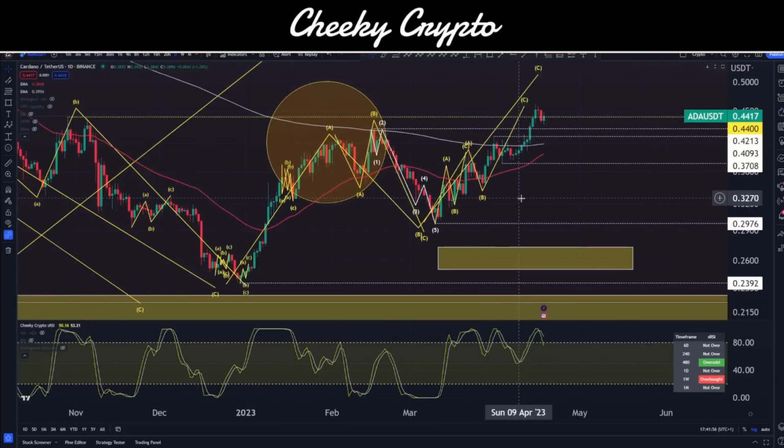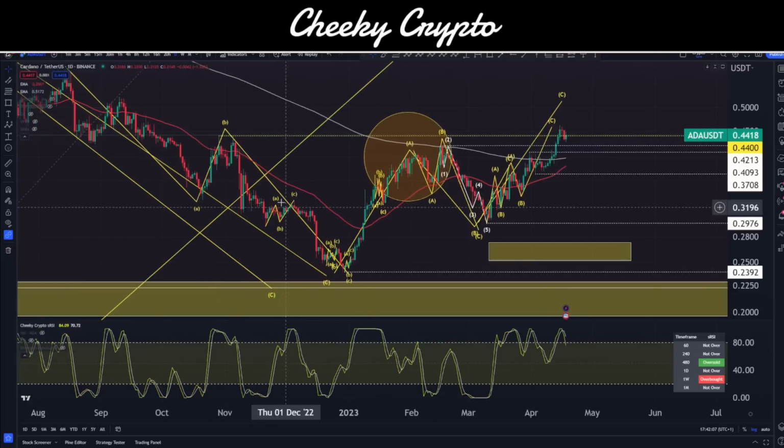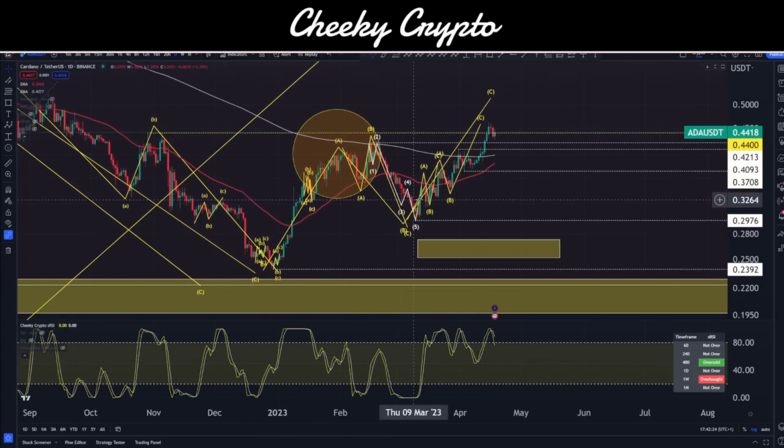But for the most part, I'm pretty happy with the progression that Cardano ADA has had. We were able to get into some long positions at a pretty decent favorable level. Anyone in the Discord and trader member area will know that I actually jumped the gun a little bit. I think I went long on Cardano about 27 cent, a little bit on the higher side, because that was where I was targeting it to finish, but we came down that fraction lower towards the 23.92. But obviously since then we've had a really good run to the upside and we've seen some really good profits,